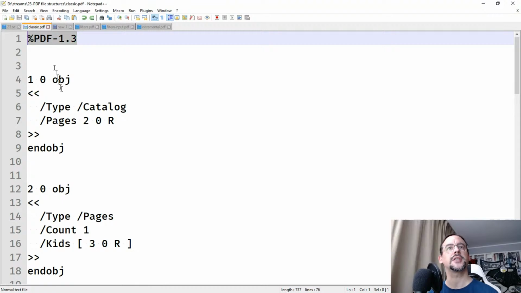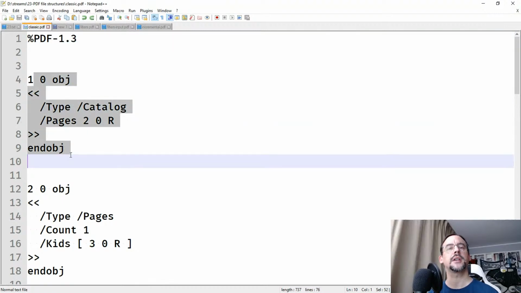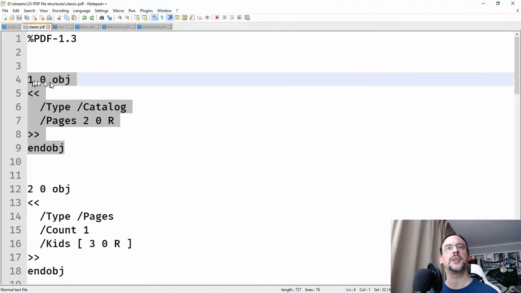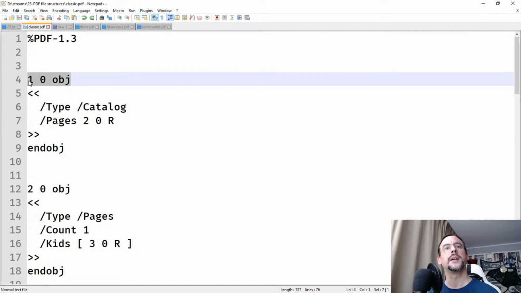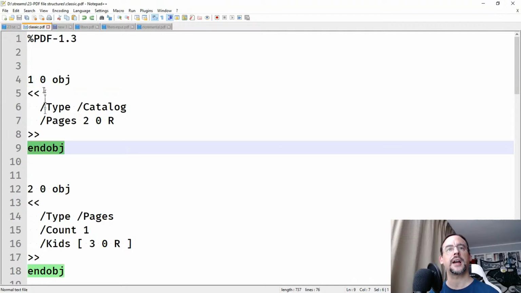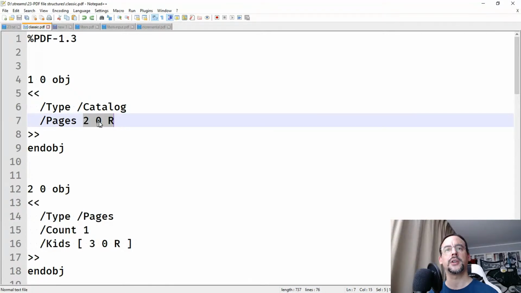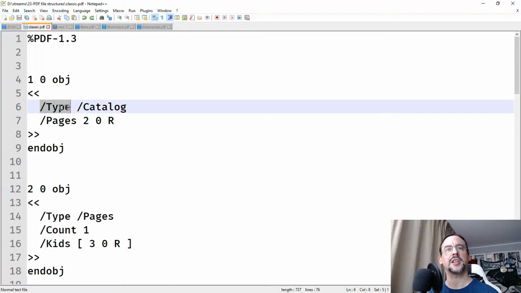There is a signature, then there is a sequence of objects that refer to each other. They all start with this object structure, the obj keyword with an object number, a generation number that is 99% of the time 0, and at the end of the object there is an endobj. The references are with a number, a generation, and an uppercase R. Names are these things starting with a slash, so specific names,